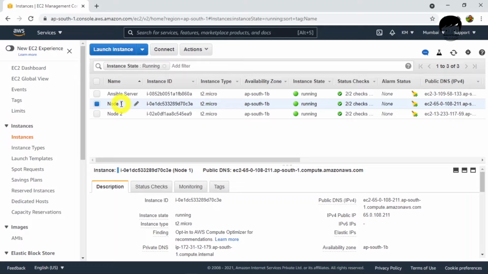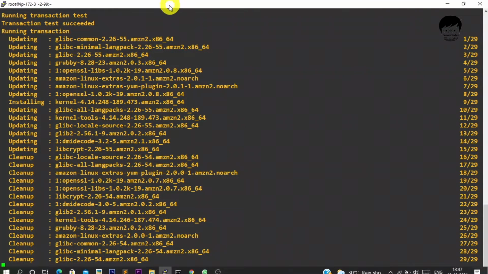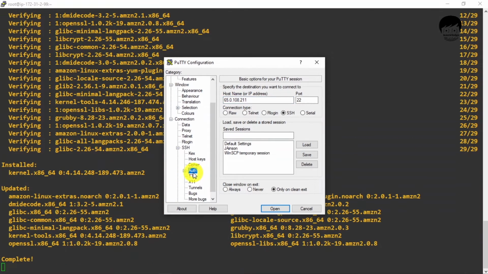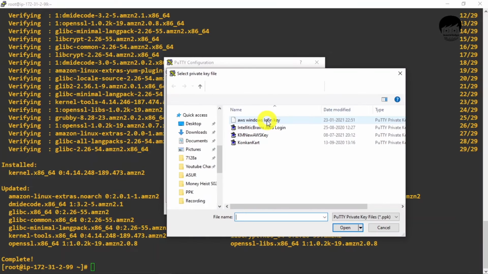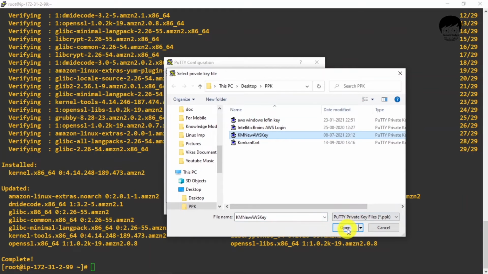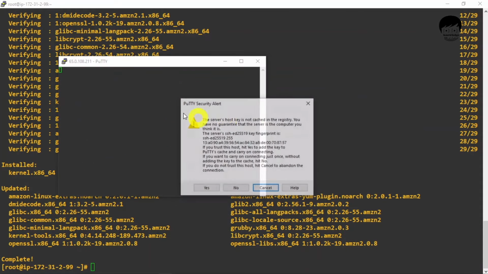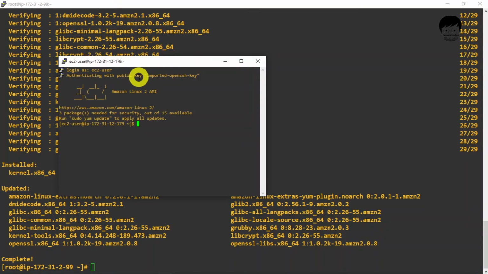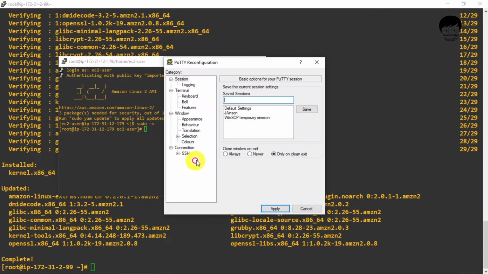I think all our systems are up and running now, so I will connect node 1 also. Copy its address. New connection. I have used the same keys for every instance, so it will directly accept my keys. Again, the same user. I will change its settings as well.